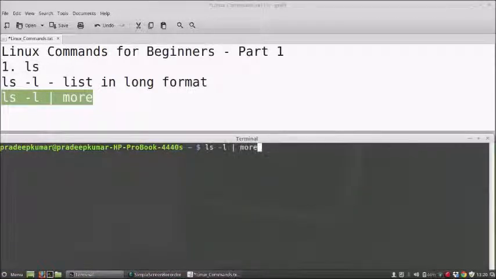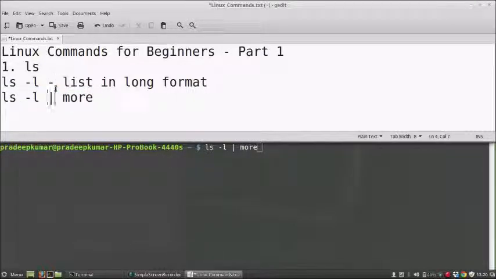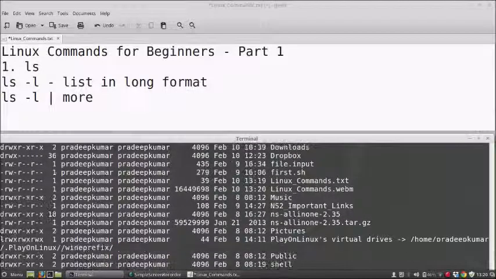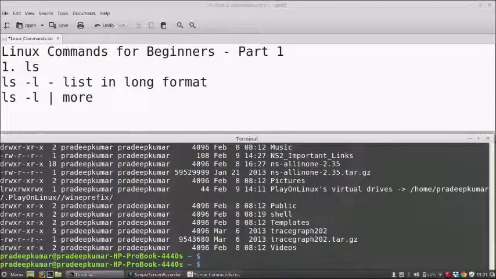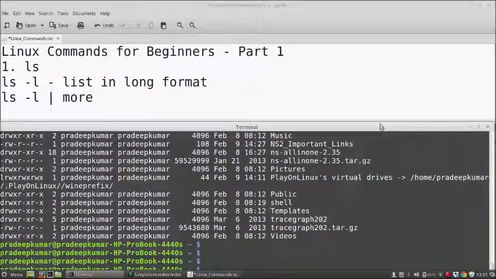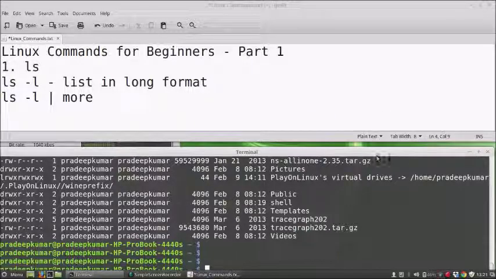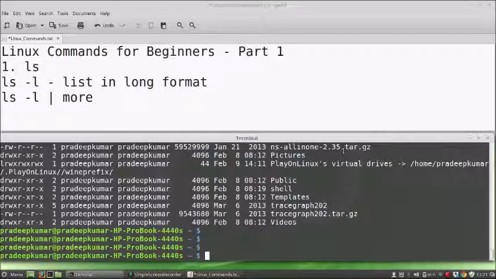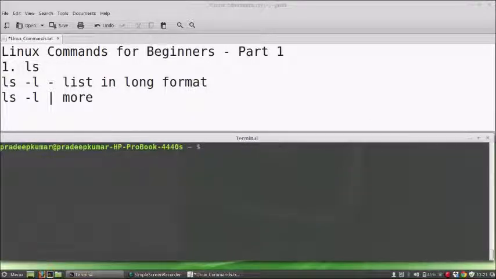So ls space -l pipe more, and this symbol is called the pipe symbol, wherein the output of one command is fed to the input of the next. When you run that, it will show only the first 10 files, and when you want to extend further, you can use the enter key to list further. So this is how the command ls -l works.